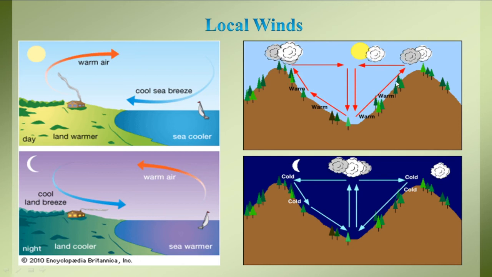When we compare the same figure in the night time, the mountain surfaces release the heat. So these surfaces will be the cold surfaces. As this surface becomes cold, it attracts the air masses due to the cold temperature. So the air masses will be coming like this, and again the cycle goes on over here. The cool air goes downward and the warmer air comes upward. So this factor of uneven heating of land and water body, and uneven heating on the mountain surfaces, creates the local winds.